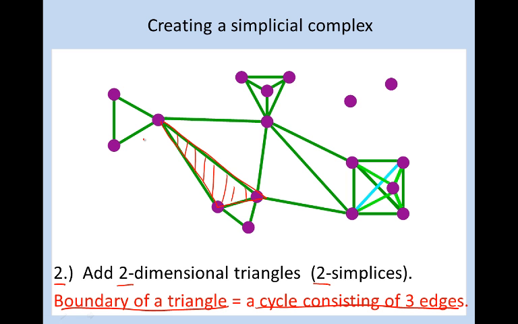So I can't fill in a triangle over here because I don't have an edge that connects these. Since I don't have an edge here, I can't fill in this triangle. So no triangle over there, but I can fill in this triangle here. I can fill in this triangle. Let me also fill in this bottom triangle over here, this side triangle, this side triangle, this side triangle,